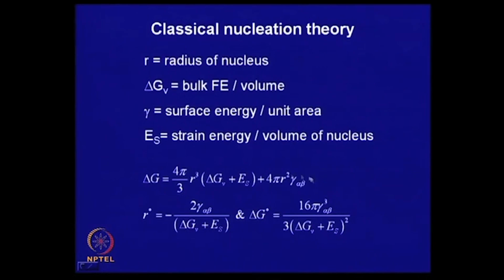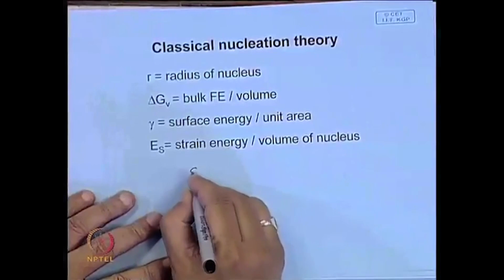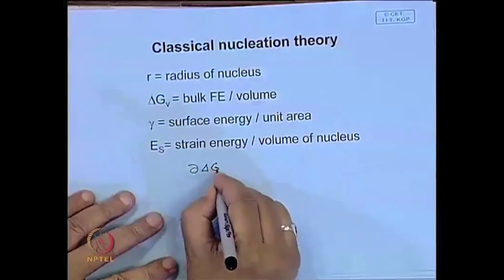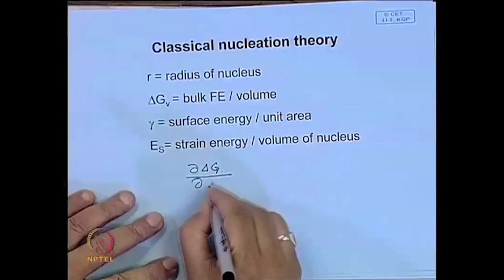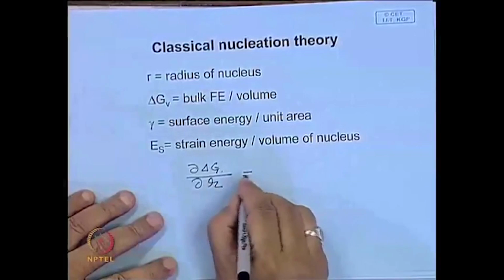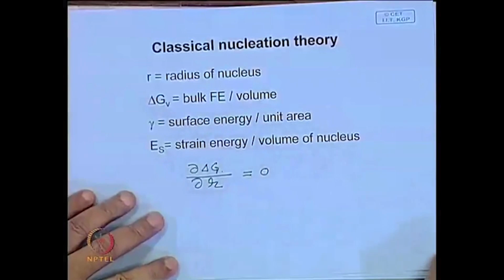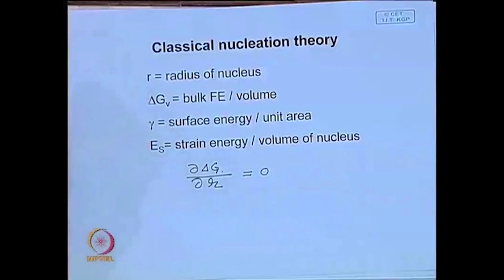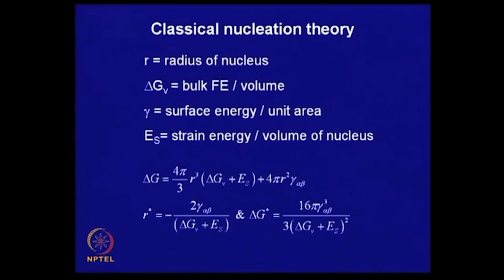If you differentiate this total free energy, which at a particular temperature is a function of the size of the nucleus, what will be a stable nucleus? How will you find the stable nucleus? What you do is differentiate this and equate it to 0. If you do that, with a little algebraic simplification, you can easily derive and show that the critical